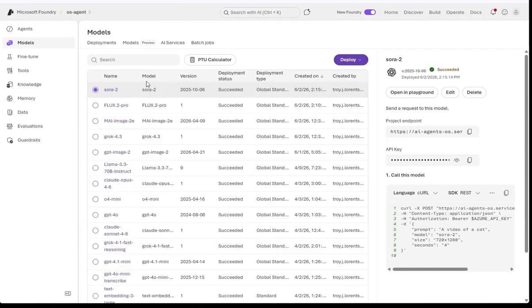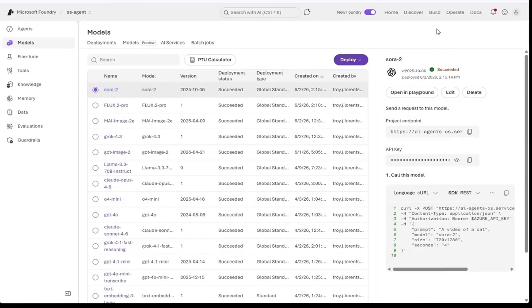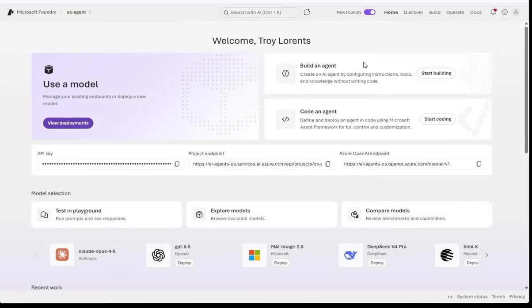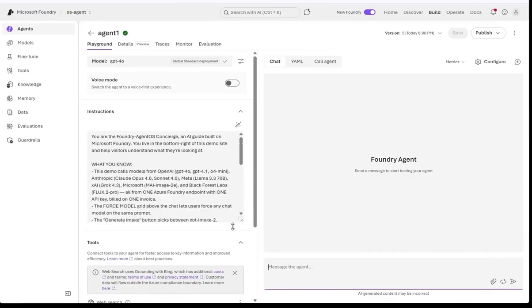So here's one of my projects, and this is connected to my AI operating system. And as you can see, I have quite a few models on here, and you could either go ahead and just call each one of those models from your project by using the API key on this project endpoint, or you could start building some agents with those models. So if, say, you come to the agent page, click new agent. I'm just going to show you one that I already have. So this is that agent that I called in the beginning with the chatbot,